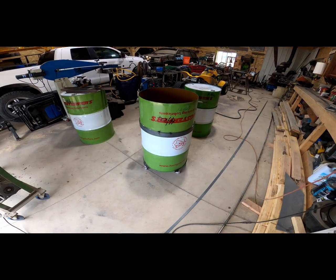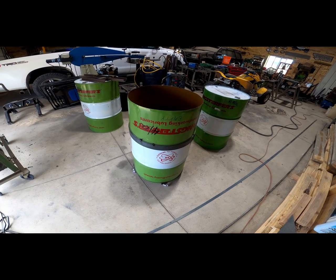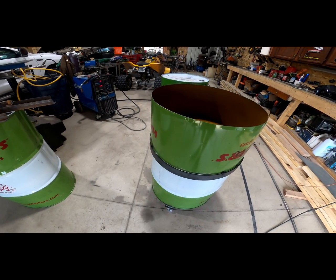So we're back on this. This is the plasma table that I'm making out of this 55-gallon drum. I got it cut apart here. I got my ring rolled and I got...